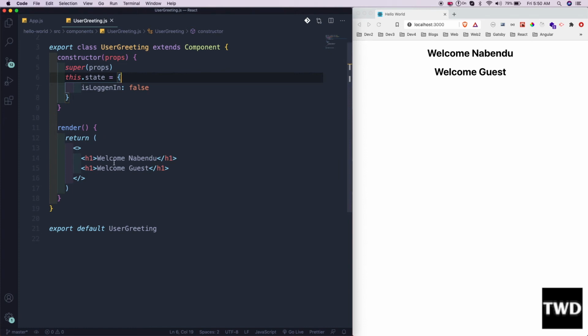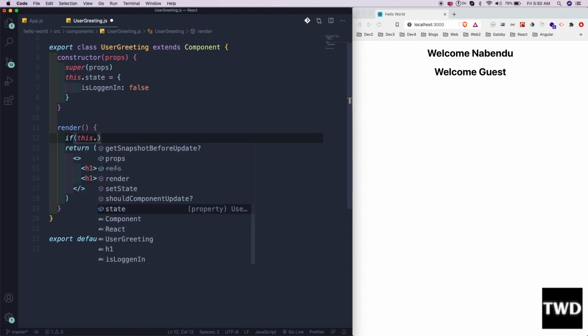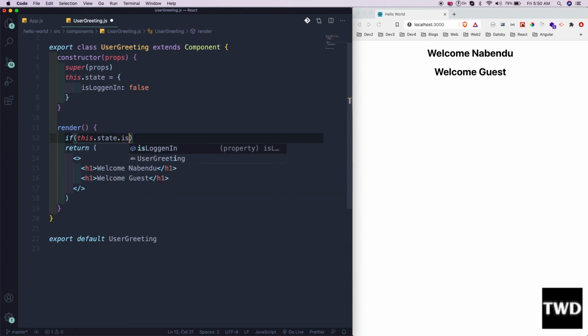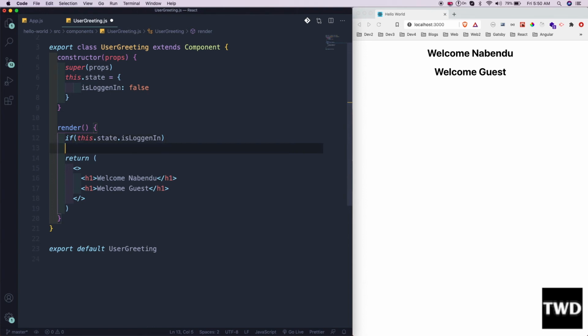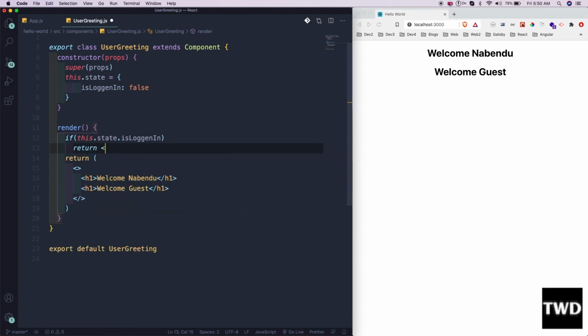in the render itself we will move, and if this.state.isLoggedIn, an if statement. We have to use this if statement, and the main thing about the if statement is that we have to use it outside. I will show you what I'm talking about. Return, and it is not a good option to use the if statement. h1